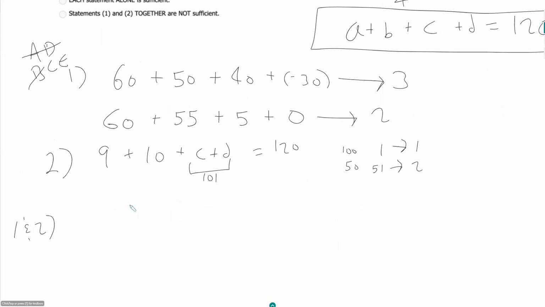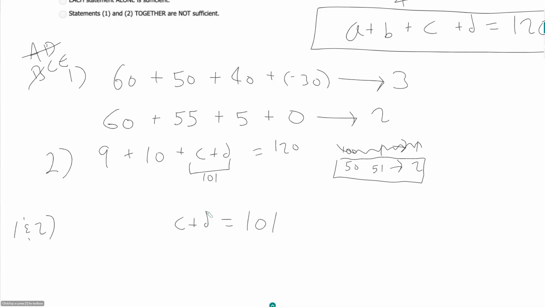So now let's look at them together. So now I still know C plus D has to equal 101, but I have this restriction where none of them can be greater than 60. So I could reuse this example again if I wanted to. I can't reuse this example because 100 is greater than 60, but I don't really have to because instead,